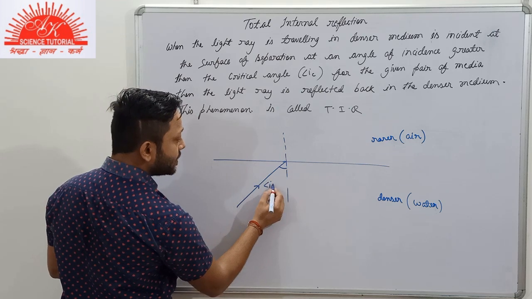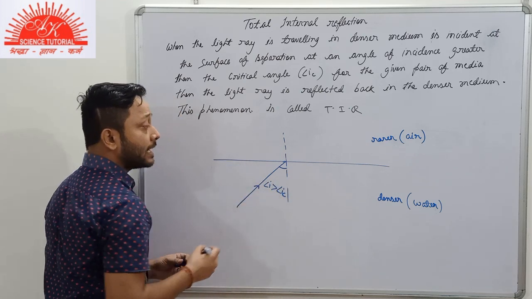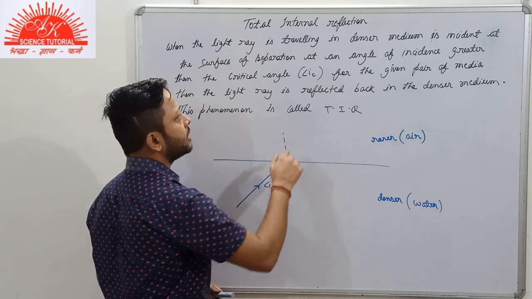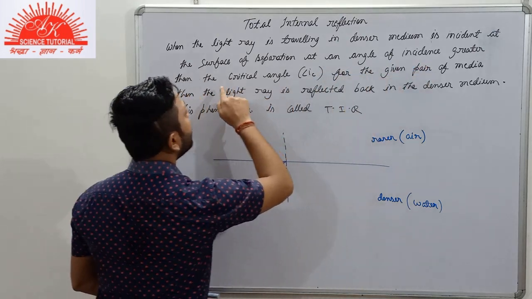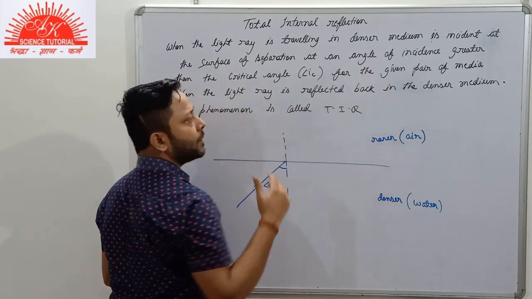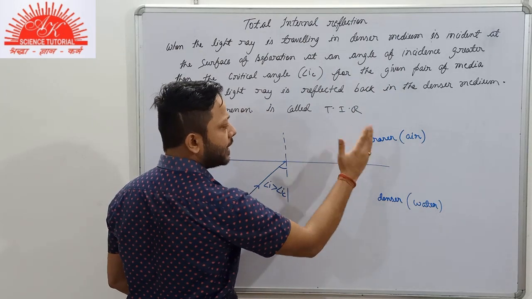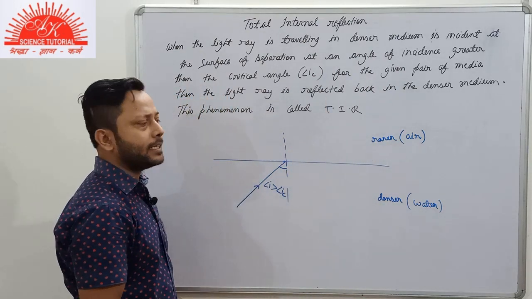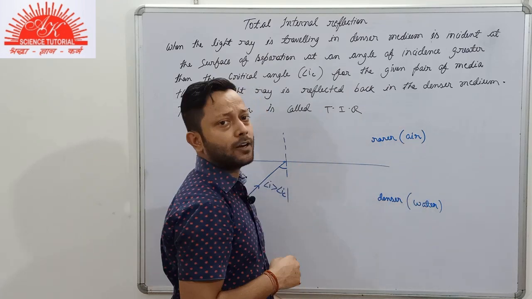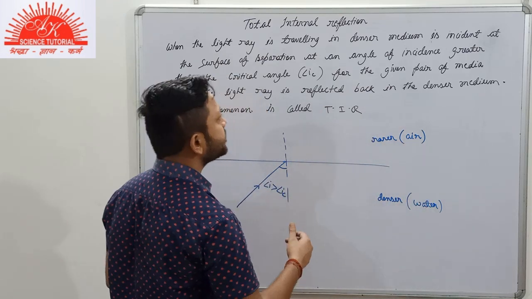If the angle of incidence is greater than the critical angle for the given pair of media, here water and air, it can be anything, glass and air or diamond and air,